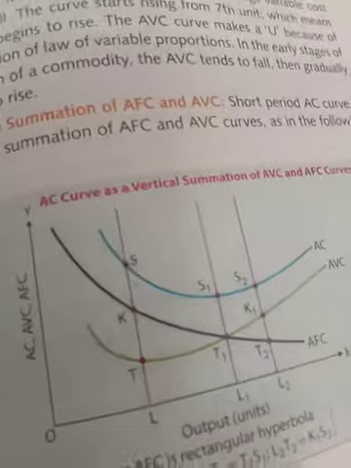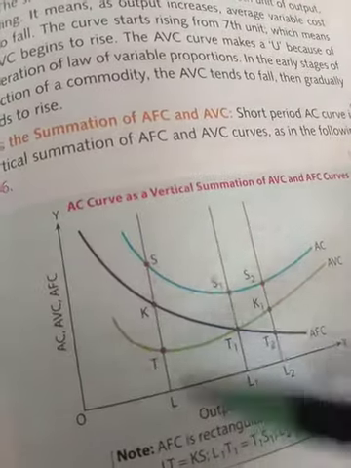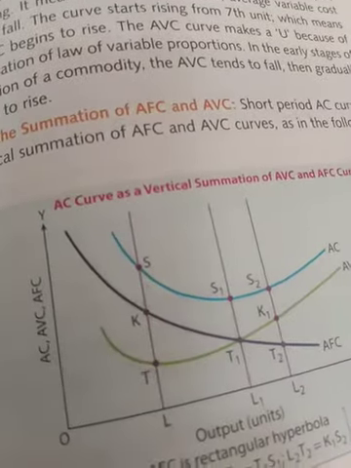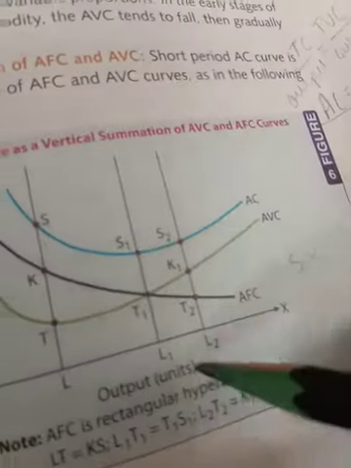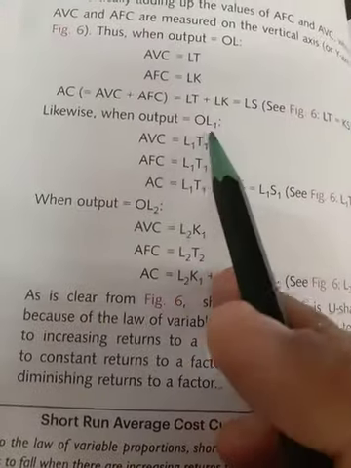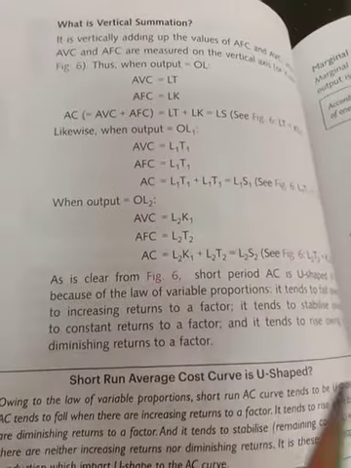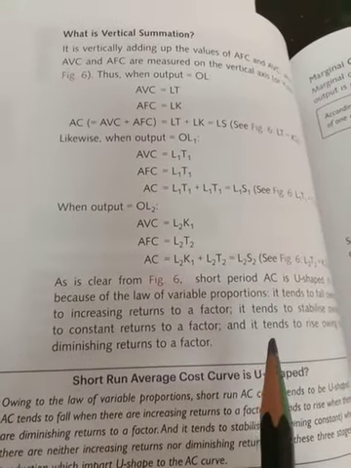You will measure the cost vertically, meaning on the y-axis. So that is why, on the vertical line, I am measuring the average cost, average variable cost, and average fixed cost. Again at L1 level of output, the next point is given over there. In L1, AVC is L1 T1, and AFC is L1 T1, and AC is L1 T1.